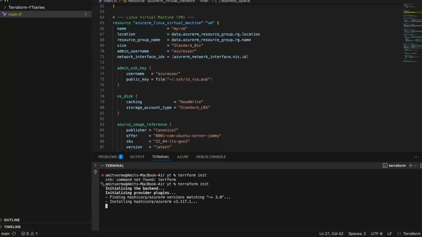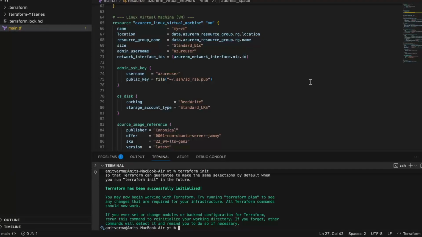Now it's initializing the provider. This step we do once per project or when adding a new provider. It is not required to run this every time. Later we run terraform